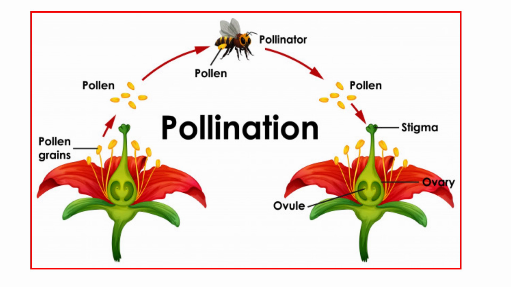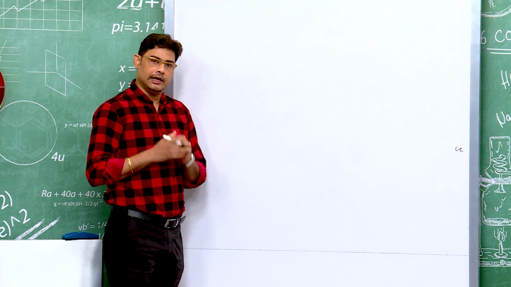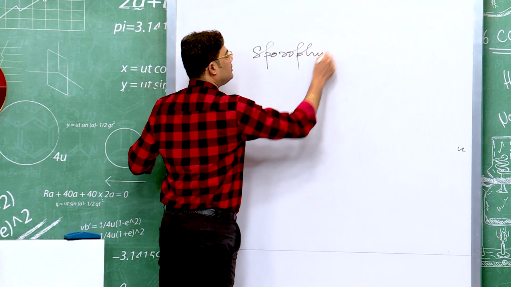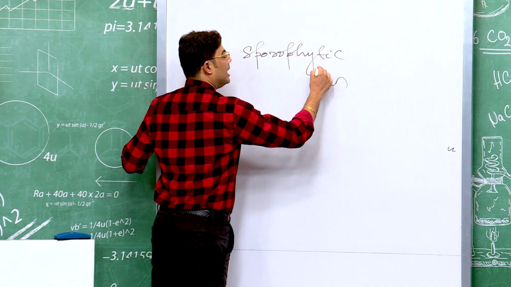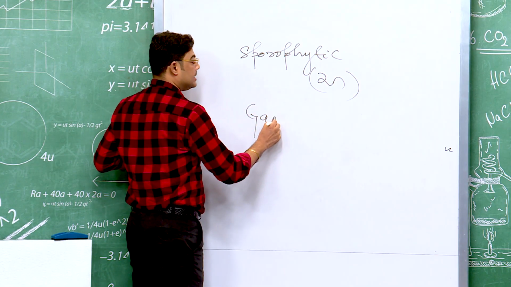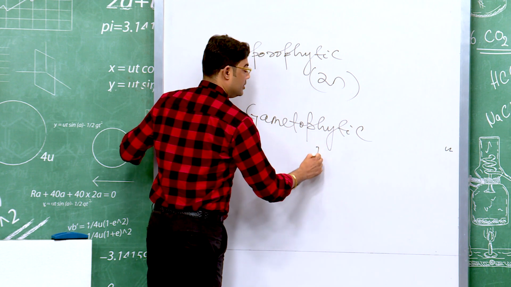Today, we will discuss something about pollination, why this pollination is important, and what role exactly this pollination plays in the life cycle of a plant. Okay, let us see. In a plant, two types of generations are there. One is the sporophytic generation, which is a diploid one, and the other one is the gametophytic generation, which is